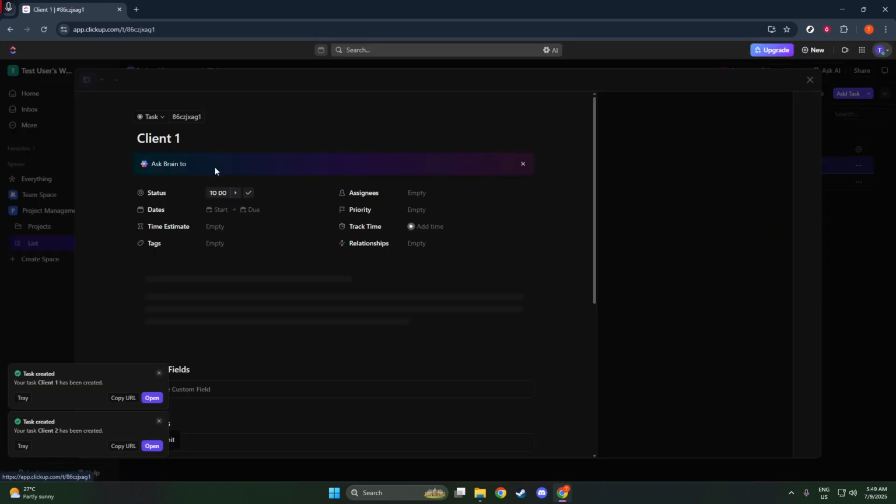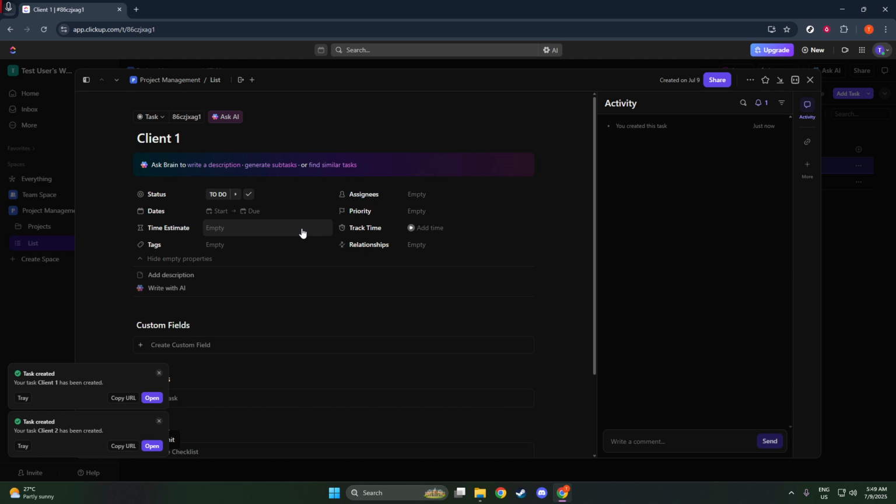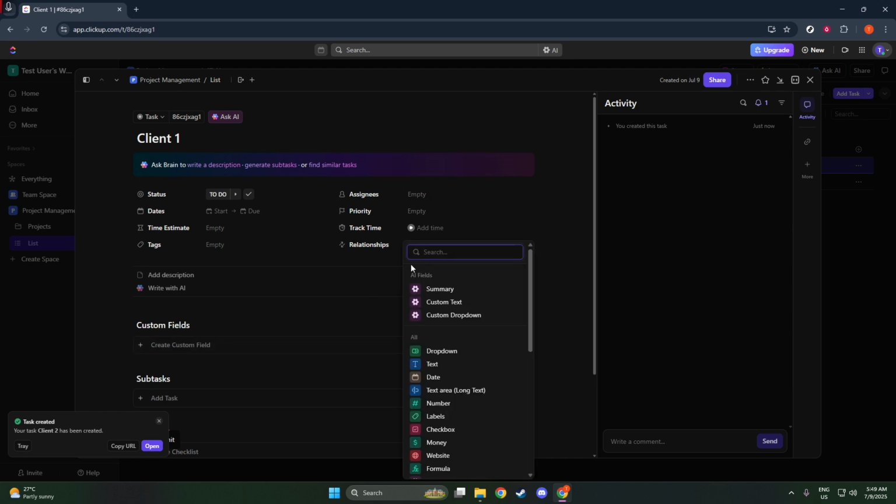Once you've settled on the structure that fits your needs, it's time to set up custom fields tailored to each client task or folder. Custom fields are a powerful feature in ClickUp that enable you to capture all the critical information specific to each client. Consider adding custom fields such as the start date, which helps keep track of when the client relationship began,